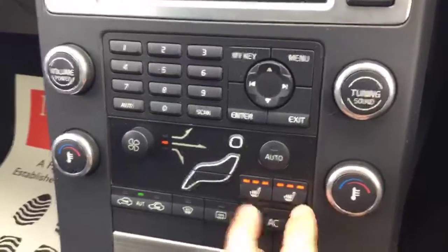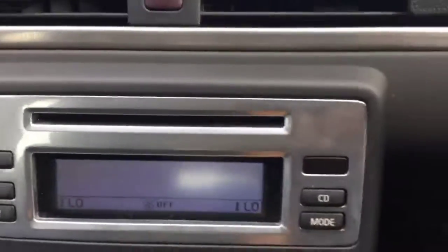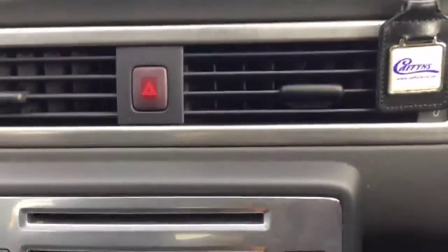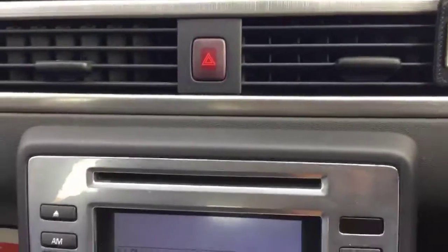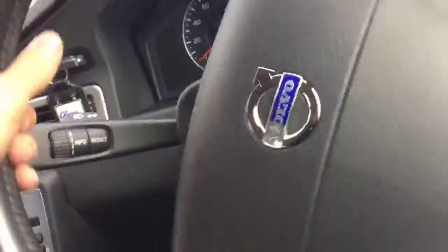heated seats, AM FM radio CD player, it's got rear view dimming mirror, obviously it's got power steering, it's got lumbar support,